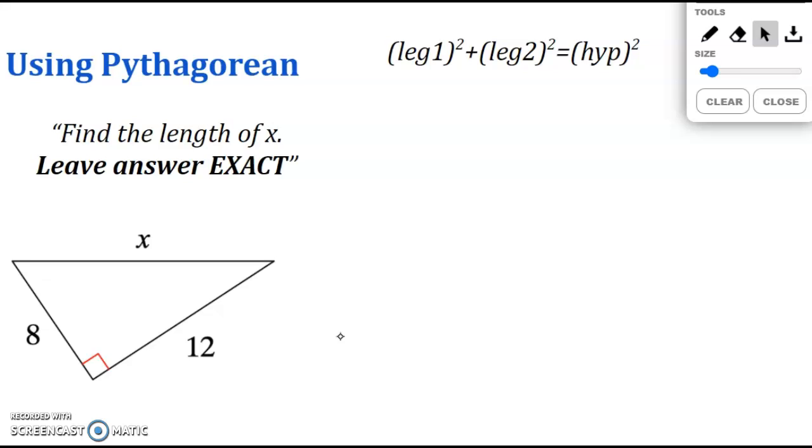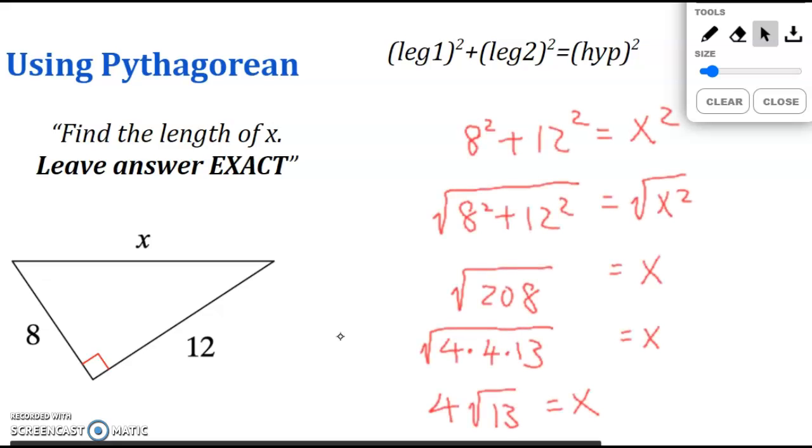So we know the Pythagorean theorem says leg, whatever the length of the leg is, squared plus the second leg length squared is going to be hypotenuse squared. So which is the leg? Leg is the two side lengths that are right next to the right angle symbol. Okay, so that's 8 and 12. And which is the hypotenuse? That's the side opposite the right angle. So this is the x here, which means that I can set it up as 8 squared plus 12 squared